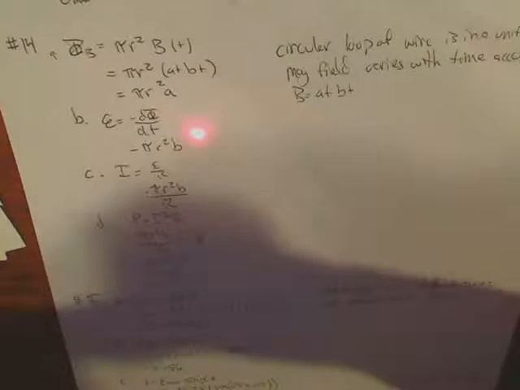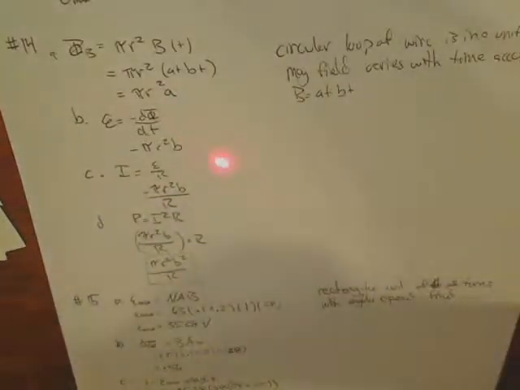The next one you're looking for is going to be the E, which is going to be just negative d flux over dt. Again, you just add the negative sign in front and change the variable around to get pi r squared b. C is just going to ask for the current, which is just going to be pi r squared b over R, and the D incorporates that current equation,